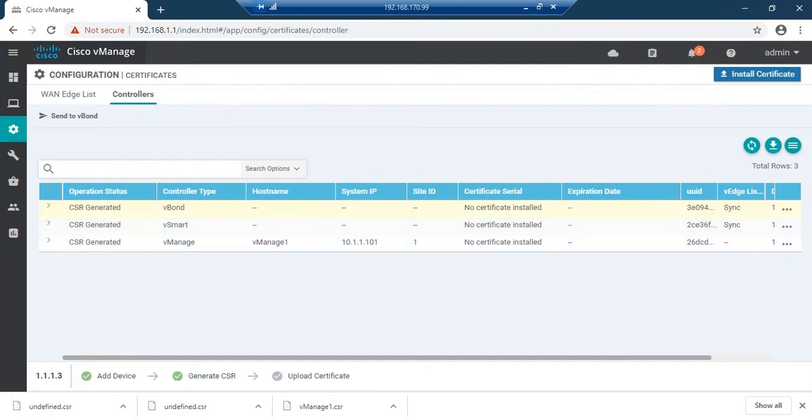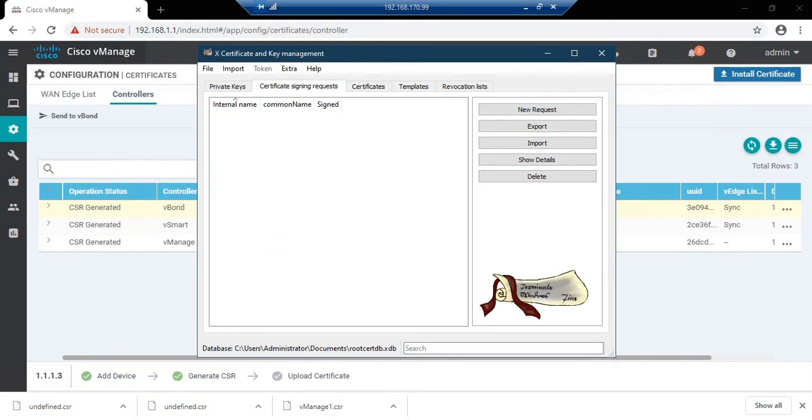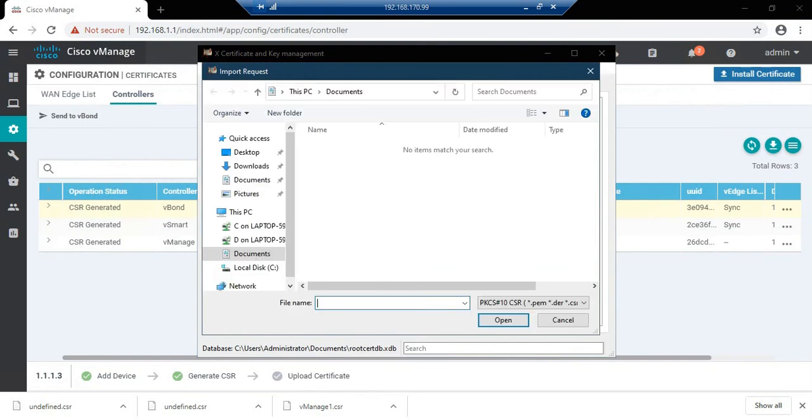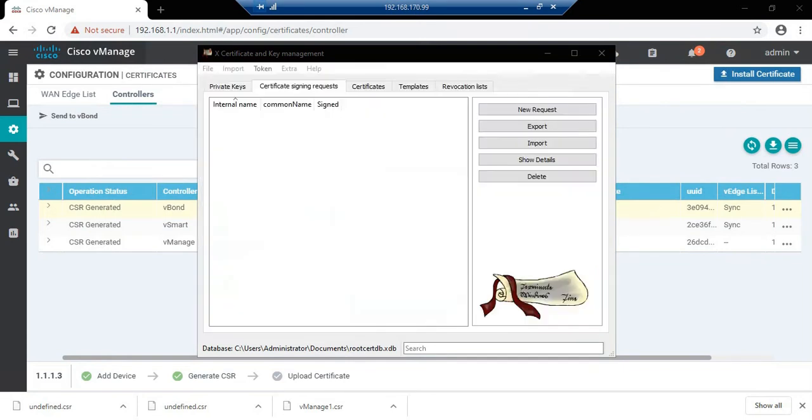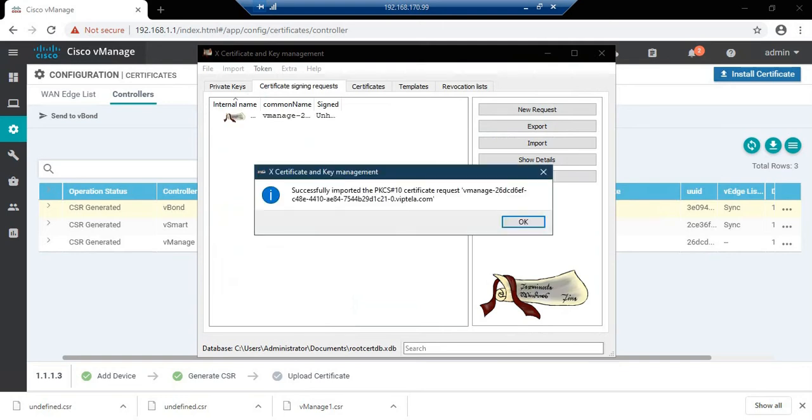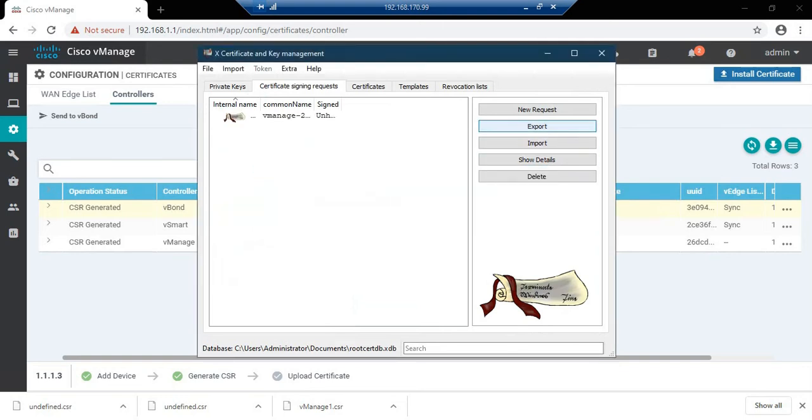Now let me go to the XA software. Now let me go to the certificate signing request. Let me input. Downloads. Bmanage. I have imported one certificate. Let me import all 3 at once.